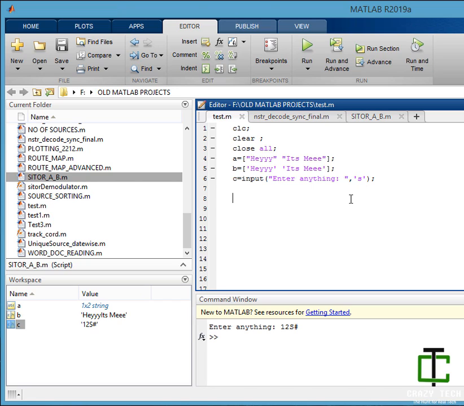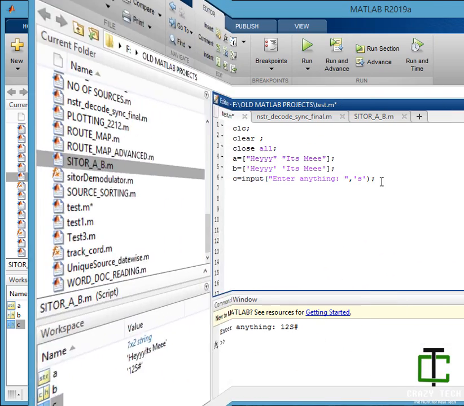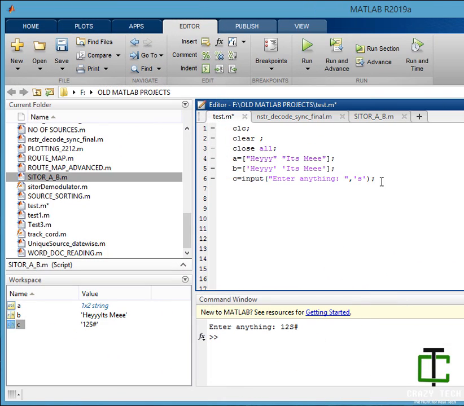I recommend you use 's' in quotes every time you want user input. If I expect the user to enter a string, then whatever the user gives will be stored inside C.